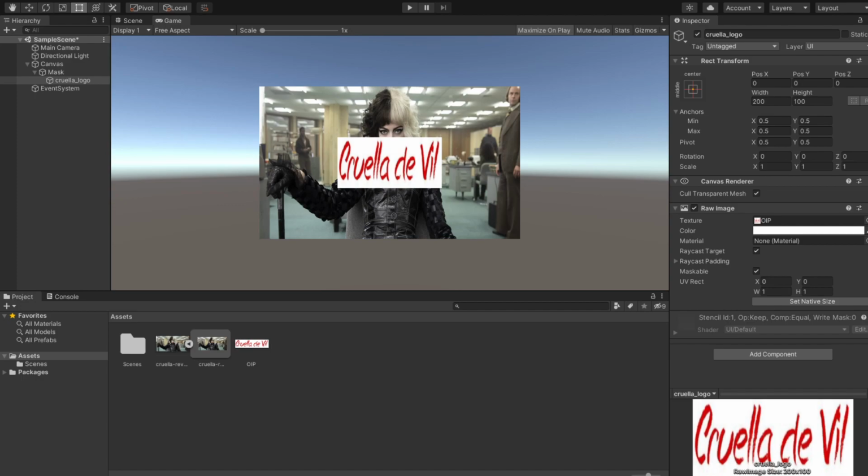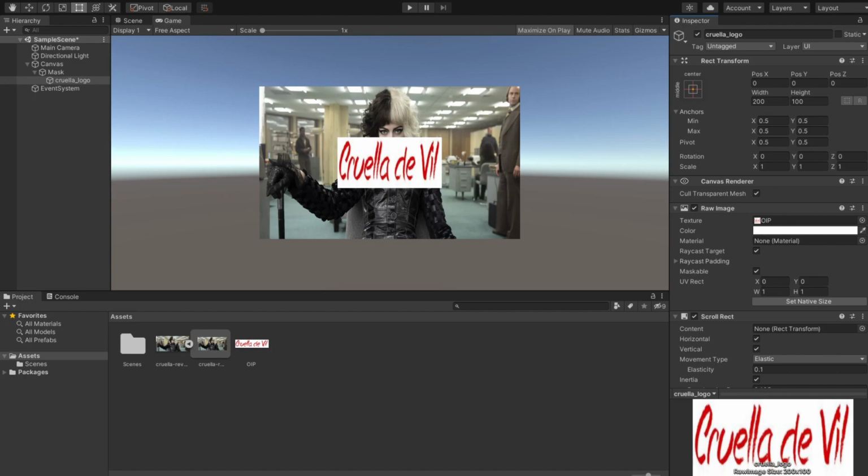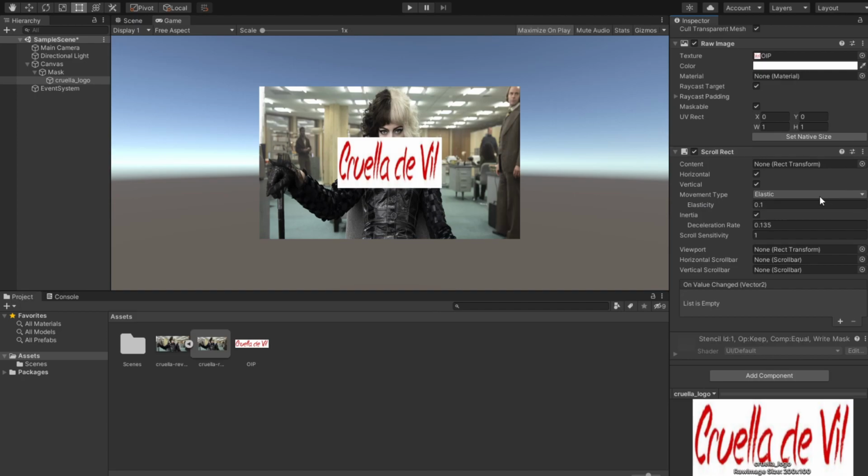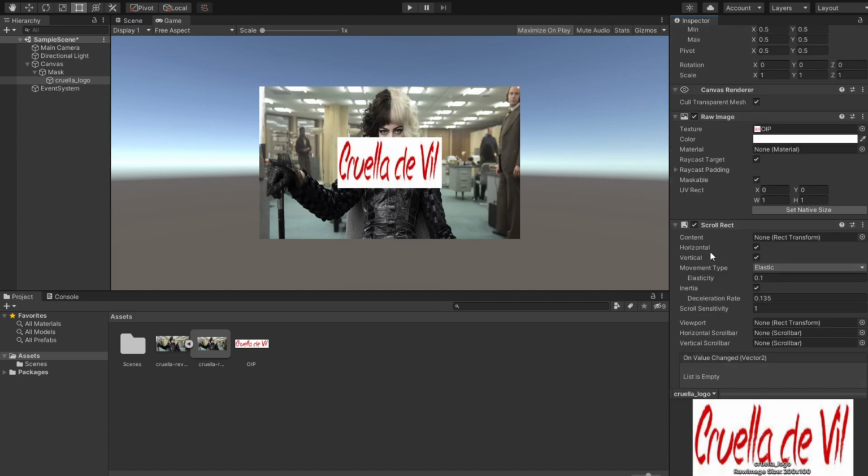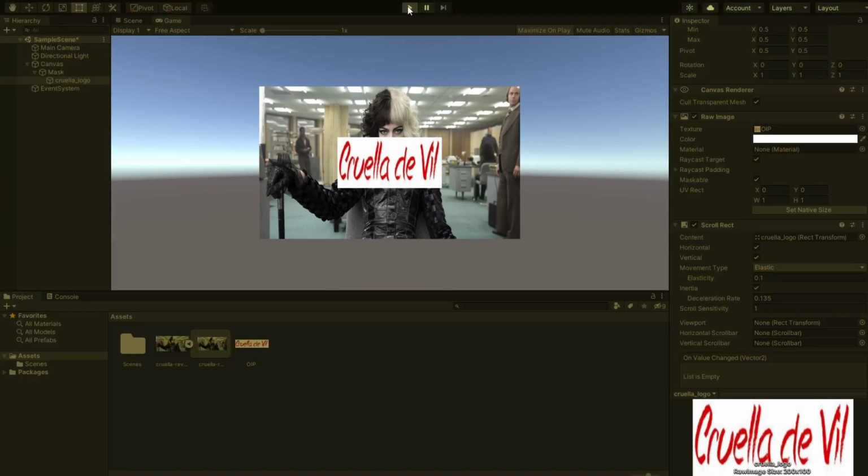So scroll rect, you add a scroll rect to the raw image game object. You can leave everything as default as it is here, and then what do you want to scroll here? You want to scroll this towards this frame. So you drag that over here, and then when you run this,